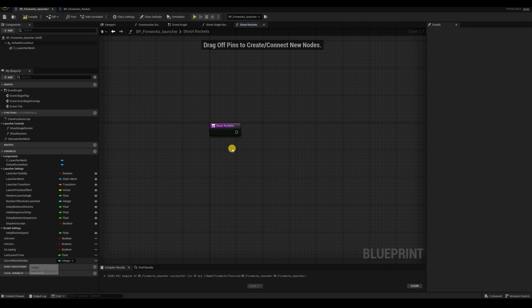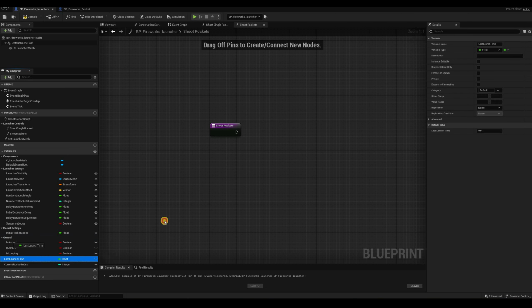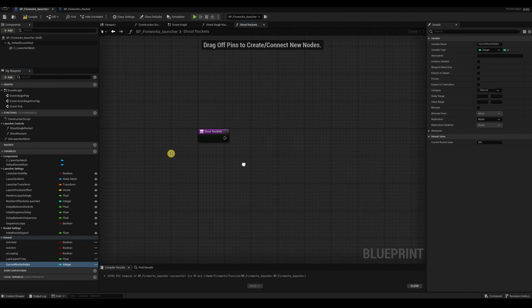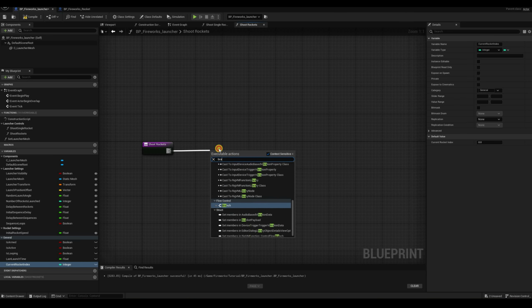This will be used to store the current index of the rocket that needs to be launched, or the previous one. We'll see that in a moment. So let's give all these ones a new category, just to be clean, maybe general. And all of these are going to be used only in the blueprint internally, so none of these need to be visible. Now, for the shoot rockets, let's first do a branch,